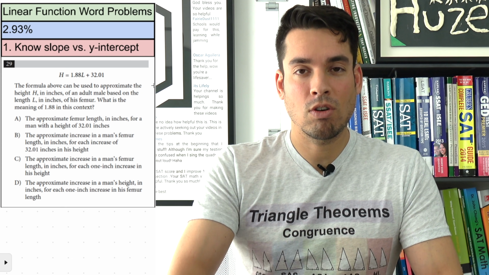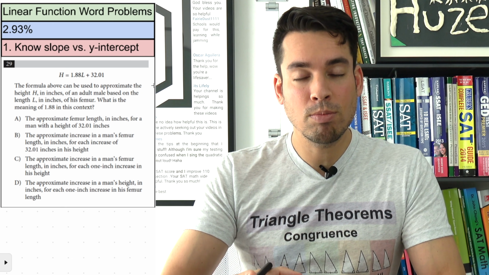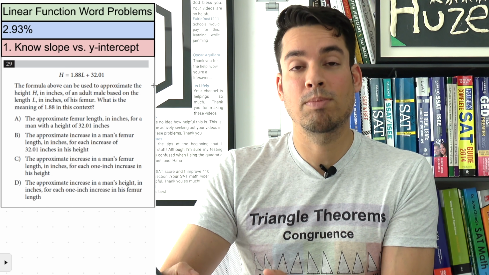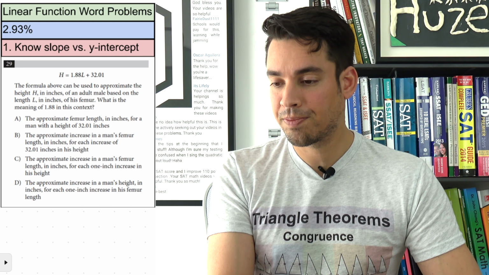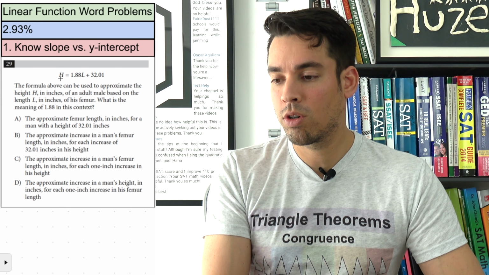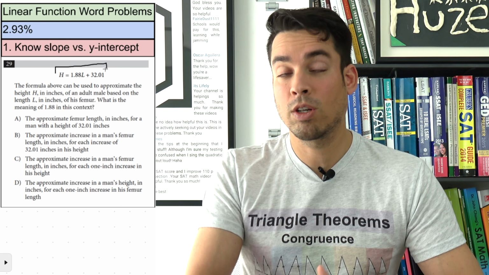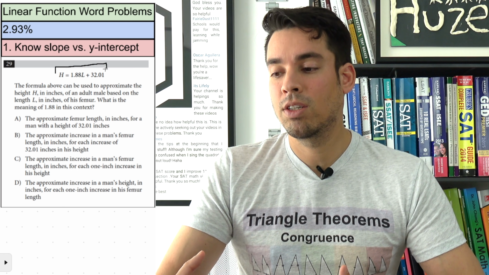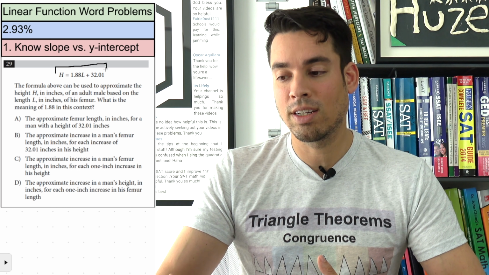Y-intercepts are usually your starting or initial values. Slopes are all about rates of change. So when we know that, we're much better equipped to answer these questions in general. Now let's dive into the particulars of this one. We get this first equation. Of course, this is a nice linear equation, just we don't have x and y, but we have h and l as our variables. It says the formula above can be used to approximate the height h in inches of